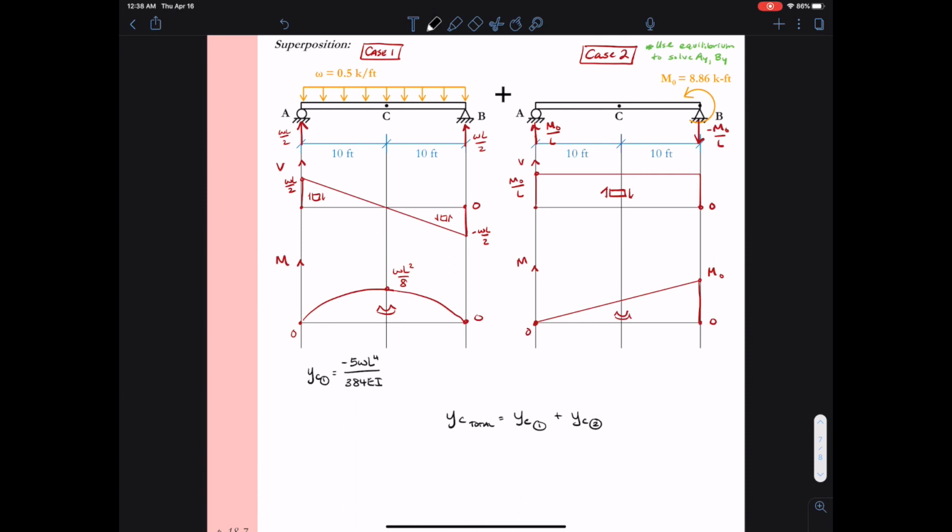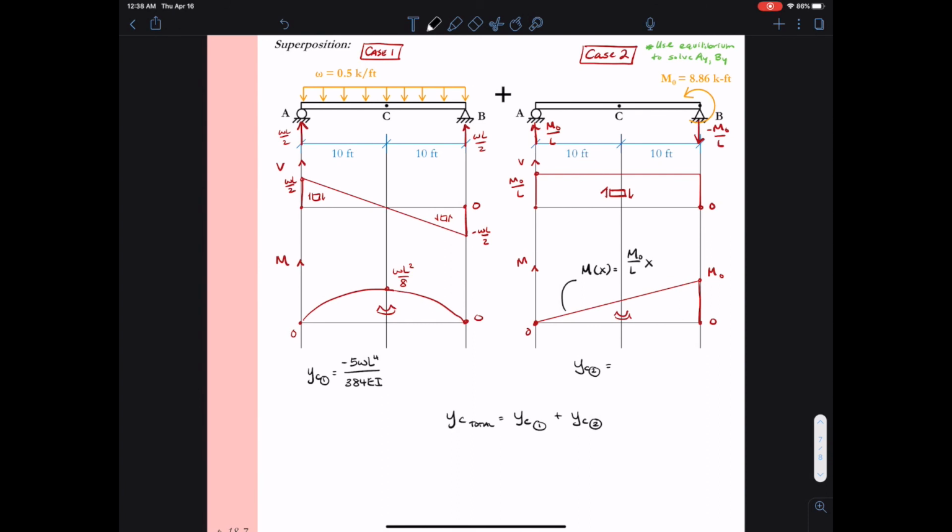We found that it was minus 5 omega L to the 4th over 384 EI. If you have any questions on how this was derived, I'd say go back 2 videos and check out example 1 again, and you'll see how we came to this formula. Now, what is the deflection in case 2? Well, that's a little harder to see, but we do know that our moment diagram can be a linear equation,